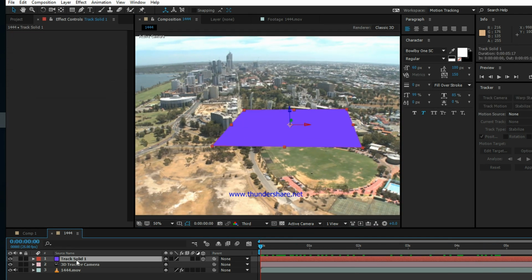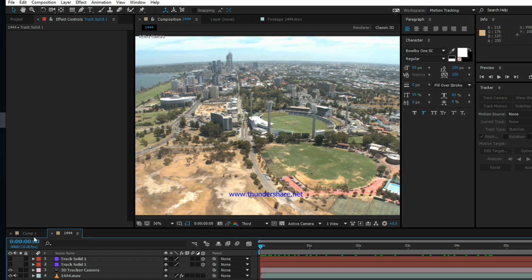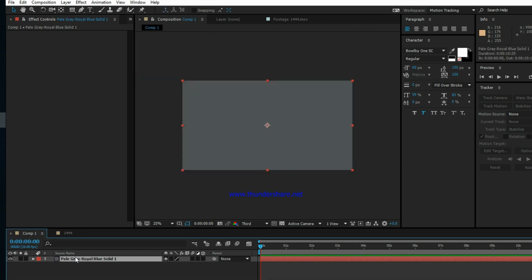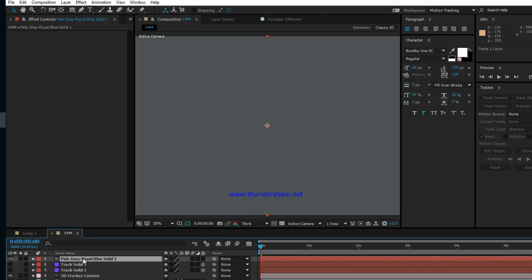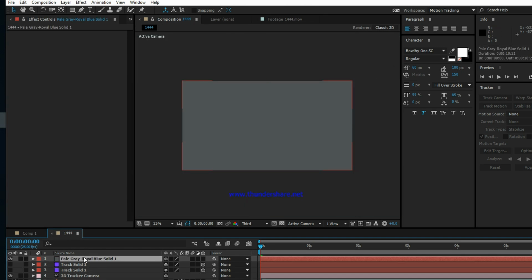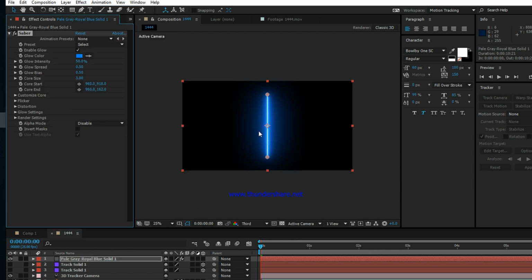Okay, and what we want to do is to duplicate this layer, and let's hide that one and hide this one, and we'll go ahead and copy this one and paste in here. After you do that, select this layer and go to this effect. Right now what we want to do is to select this saber, and we have this saber option, and also from here